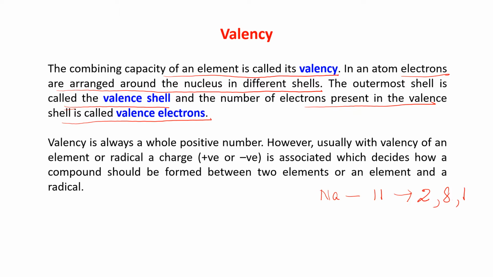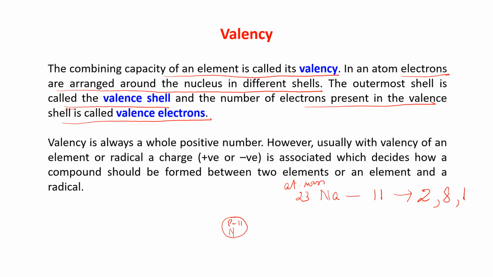Now there is a rule which shell will contain how many electrons. When you will go to the next class, you will learn about it. Okay. Now I have to just draw the structure of this atom, sodium. So this is the nucleus. Inside the nucleus, protons and neutrons are present. Now protons, 11 protons are there. The atomic mass of sodium is 23.